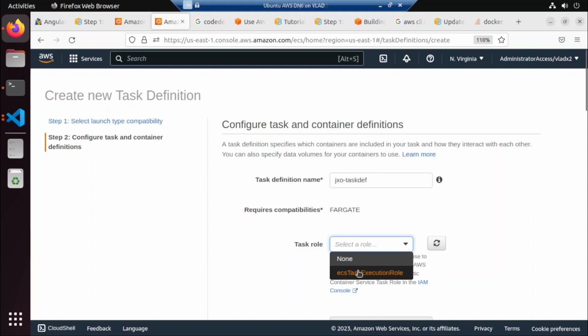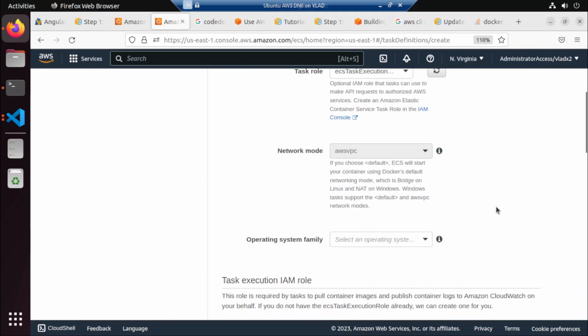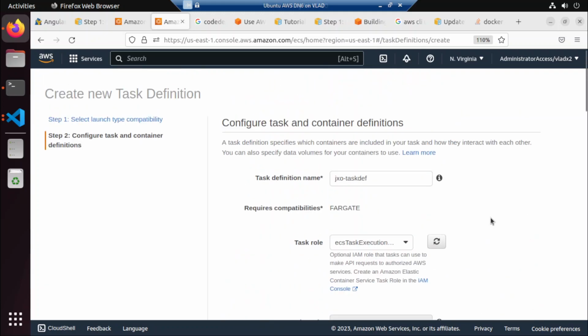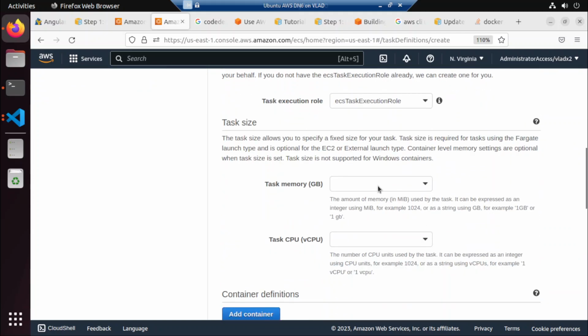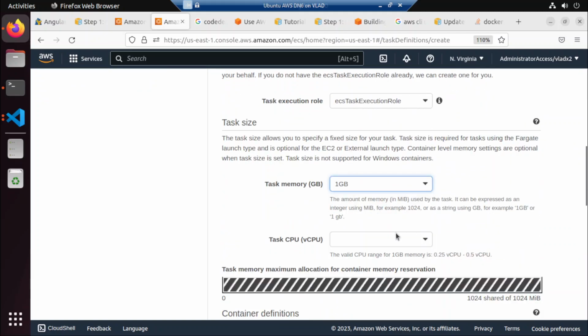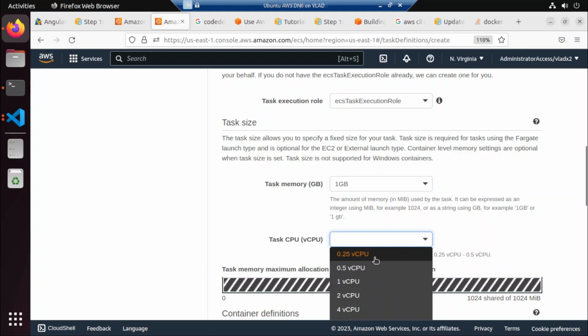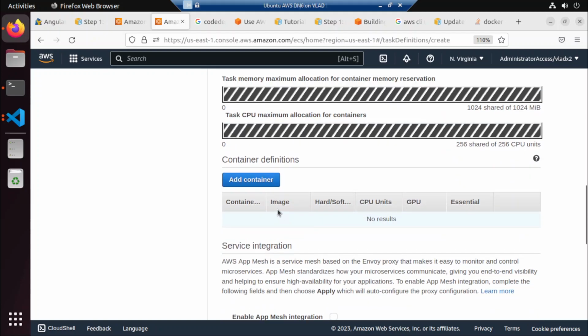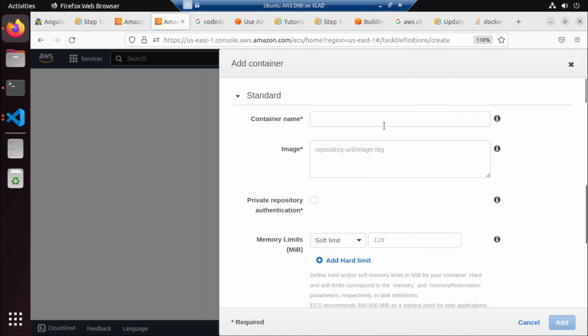def, task role, this role, operating system Linux, memory 1 GB, CPU the smallest one. Container, yeah, these are the containers. Container name is coder infantry,